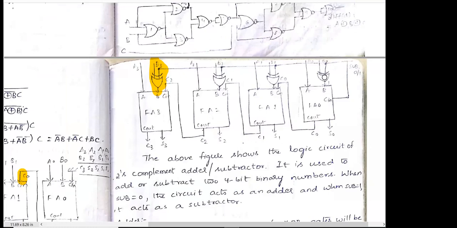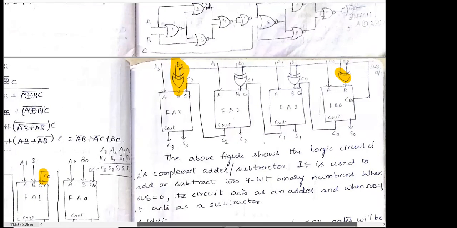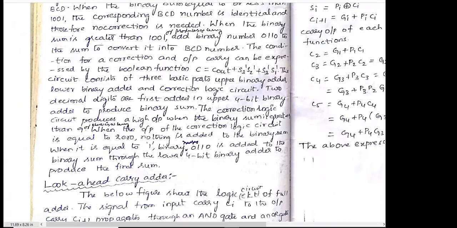If you observe this exclusive OR connection, here the first B0 is directly connected. The second input is common. For all the exclusive ORs, the second inputs are connected to the add subtract control input. That is, it is called the mode control input. The mode control input is connected for all the exclusive OR circuits, that is, B3, B2, B1, and B0. If this is equals to 0, the mode control will be equals to 0. Then assume చేసుకున్నాను. When this input is 0, this will perform the addition operation.